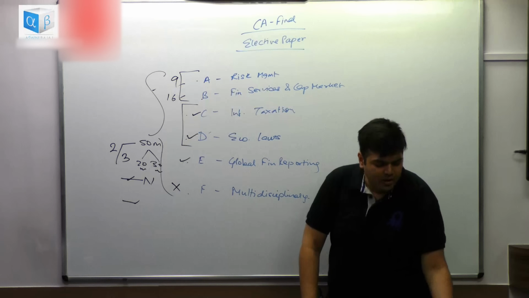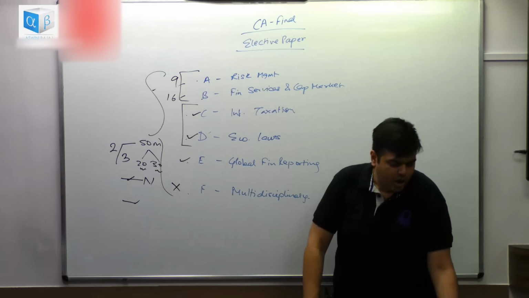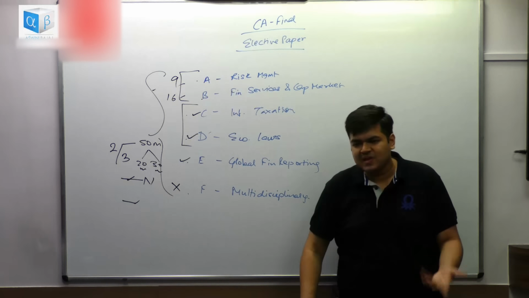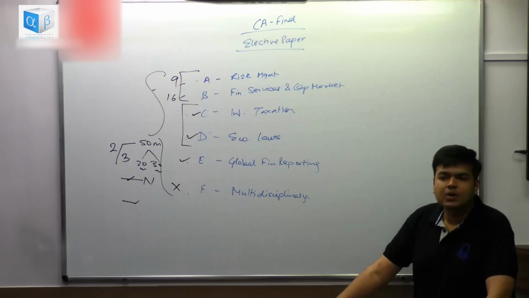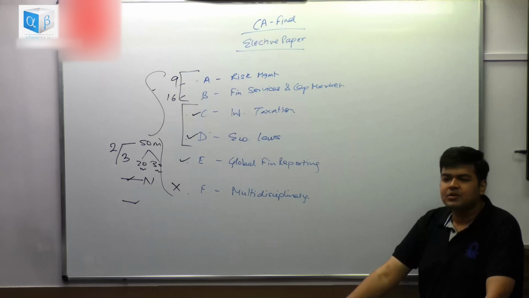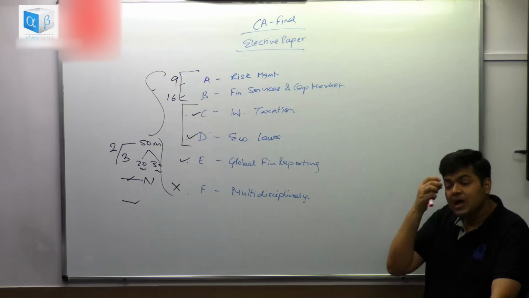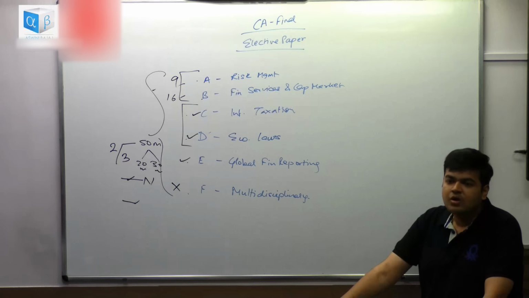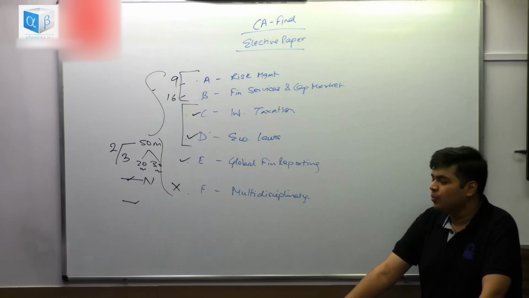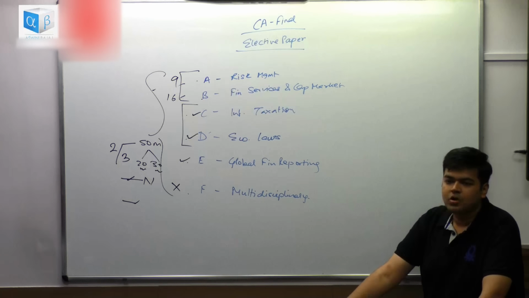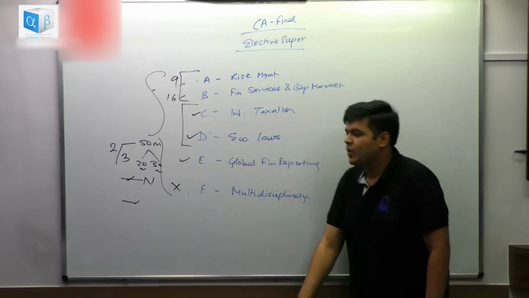Then when you're looking at the case studies, the exam papers that are being posted, the mock papers and the exam papers of May 18, the case studies are quite analytical. When you're looking at open book exams, the institute will have certain books provided to you when you're giving the exams. You will not find the answers directly from the book. You'll have to analyze it, and you can just refer to the book for the terms and all. So just choose a paper based on which you are fundamentally going to be very strong. So that is my opinion on your elective paper. Hope that solves your problem.